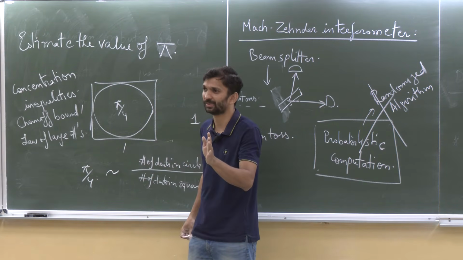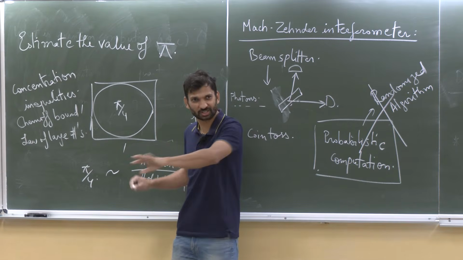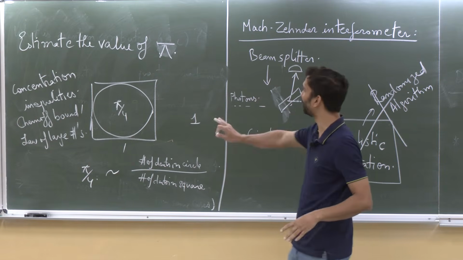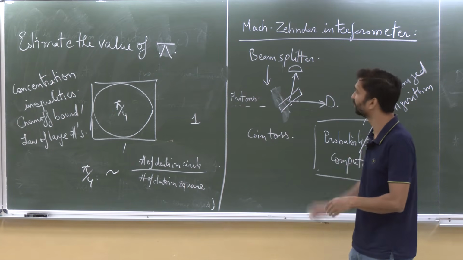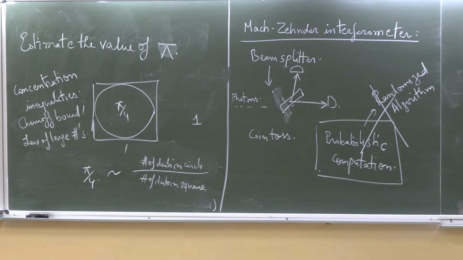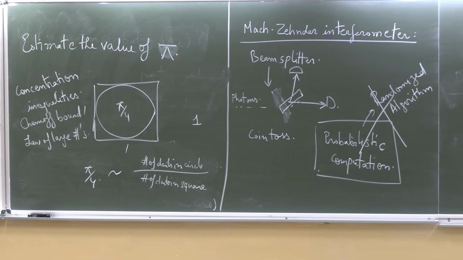And is that the best thing? I'm not saying it is the best. It's a simple algorithm which everyone can get convinced about. You can do it in different ways. This is not the best algorithm to estimate the value of pi. This is not a course on randomized algorithms, right? So this is just to understand what randomized algorithms are.